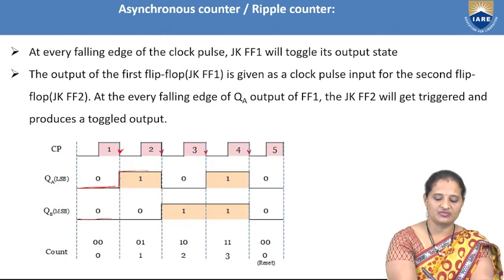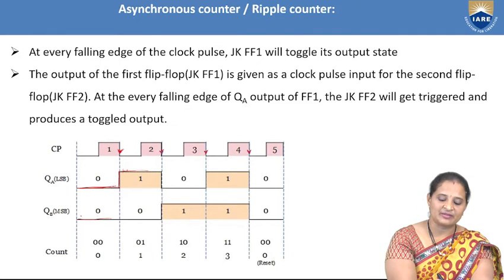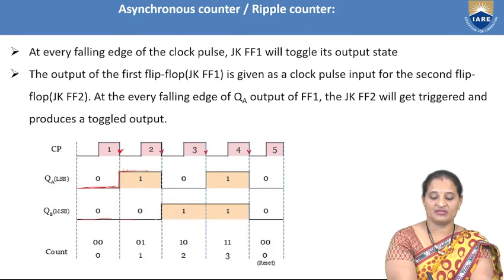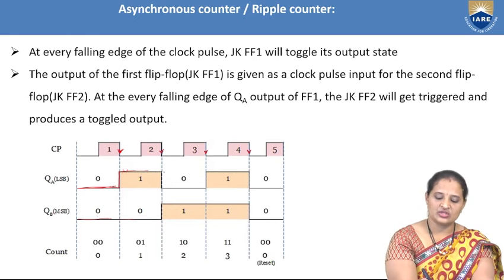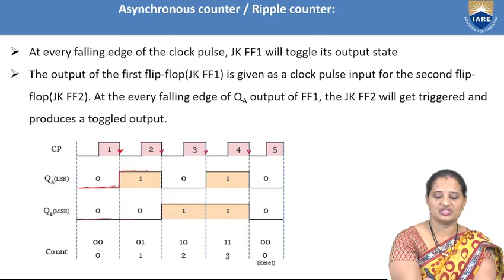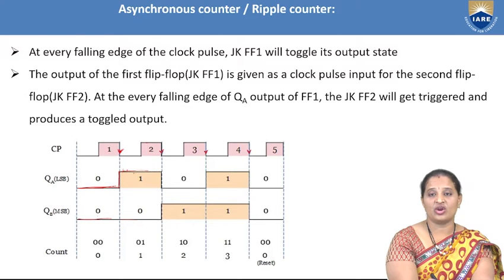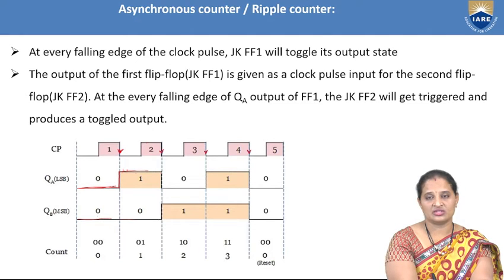So what is the transition we have in the output of the first flip-flop? That is 0 to 1. It is not a negative edge, it is a positive edge. So that is why it remains in the same state. It will remain in the same state even for the next clock pulse. Now again, here we have a transition, but this transition is from 0 to 1. As we have considered the flip-flops as negative edge triggered, even though this is changing, there will not be any change in the state of the first flip-flop. It remains in the state 1 itself.